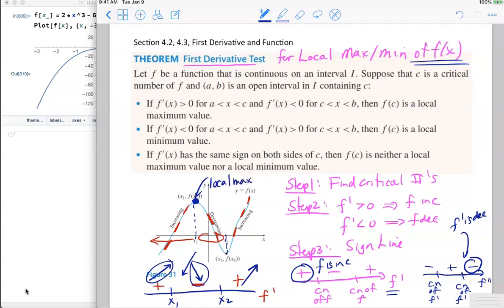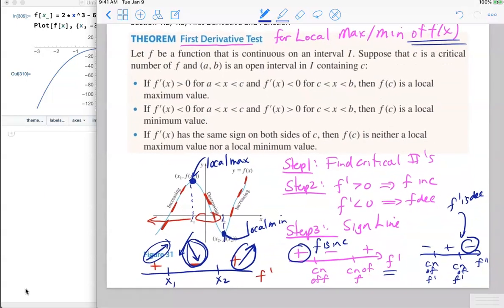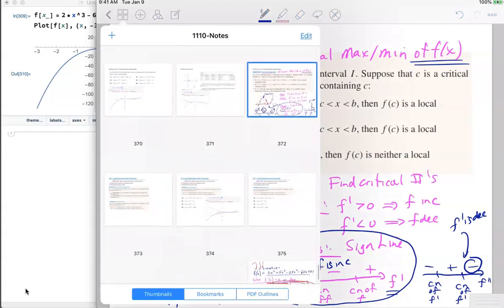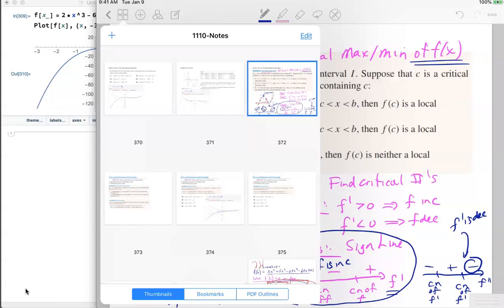And when the function switches from decreasing to increasing, as shown in this picture, we're going to have a local minimum of the function. So the first derivative test is just basically interpreting the sign line to determine when a function has a local maximum or a local minimum. So just by way of a quick example,